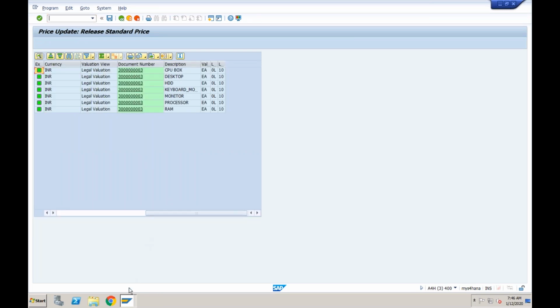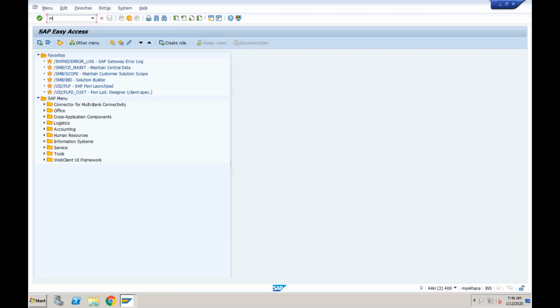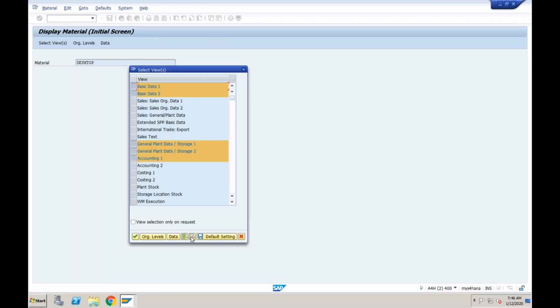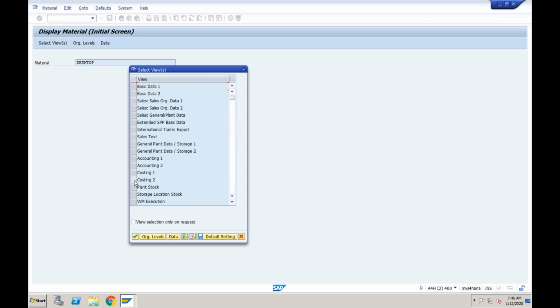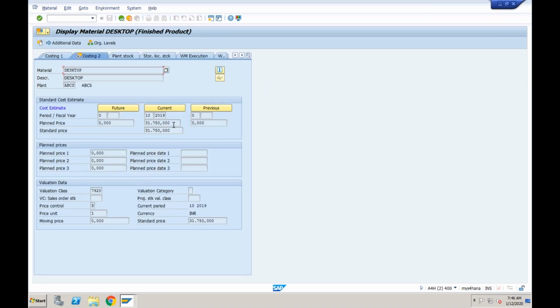Okay, this has released the price, which means again, if I go to the material master, /n mm03, okay, deselect all, go to the costing 2 view. Okay, and ABCS. So you can see it has become my current price. Right, so